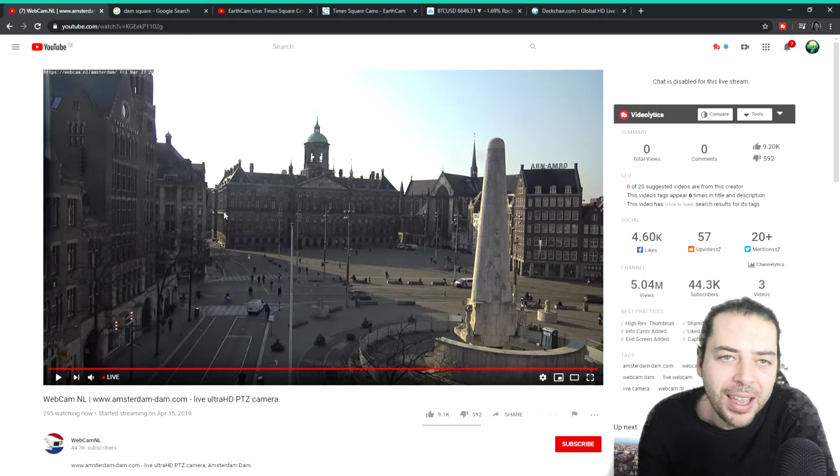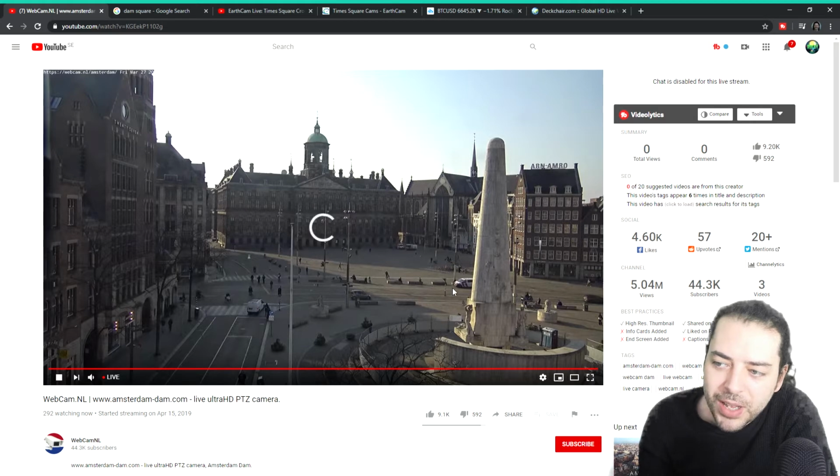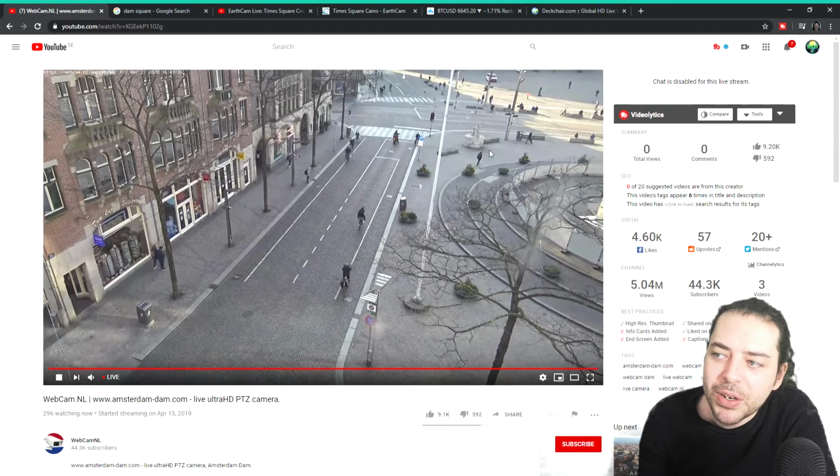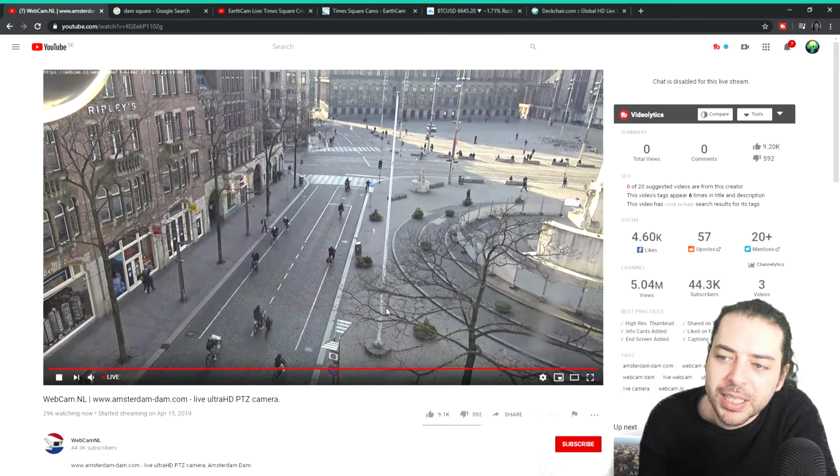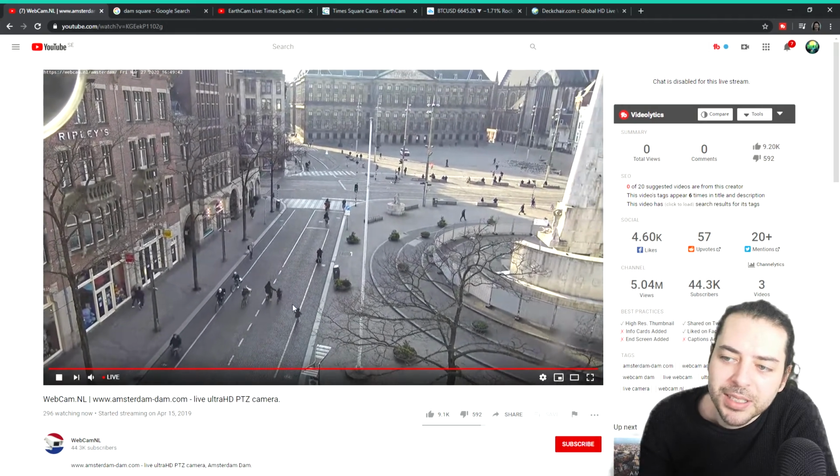So anyway, just kind of making the point that the world is kind of effed at the minute. Here's Dam Square. Have you ever seen Dam Square? If you've been to Amsterdam, then you've probably been to Dam Square. There's the Grand Hotel up in the background. And normally this thing's absolutely packed. You can see there's a few people kind of cycling around. That's something. See these two right here?